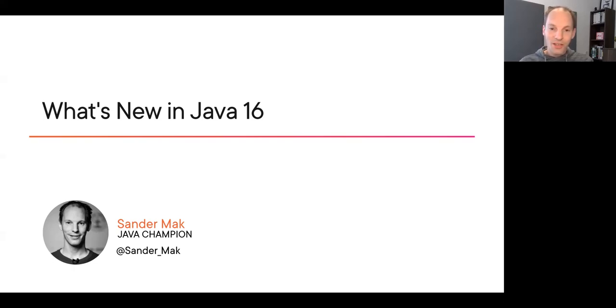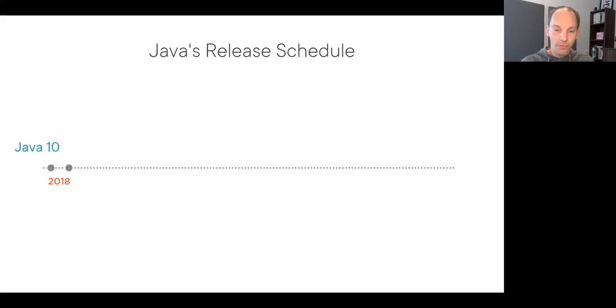So that's why in this session, I want to take you on a whirlwind tour of what is new in Java 16. And we'll be looking at some of the highlights because we cannot cover it all in this one session that we have. But before we dive into what is in Java 16, I would really like to set the context a little bit, the context of where we are with Java, because usually people think Java is this slow-moving enterprise language where we get major new releases every 3 or 4 years, and this used to be true.